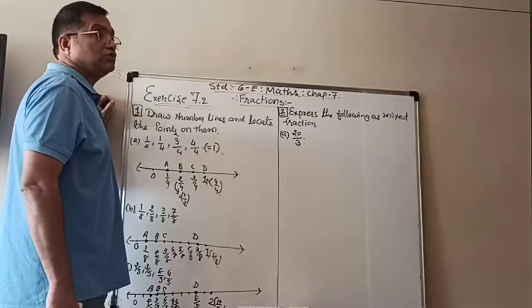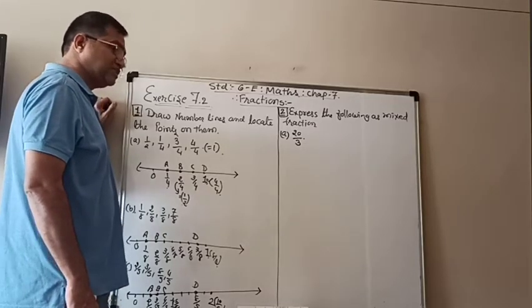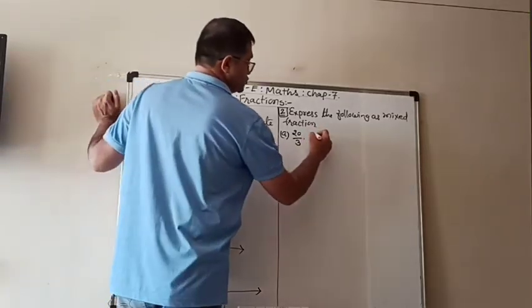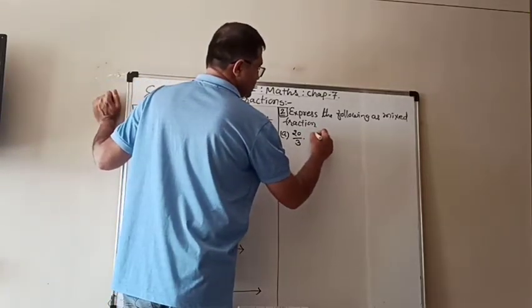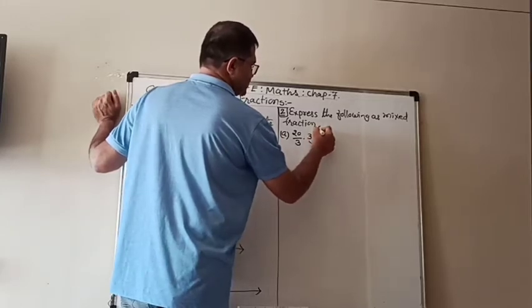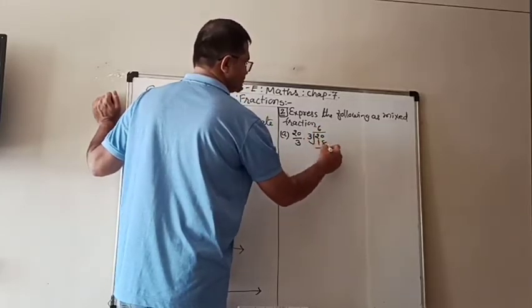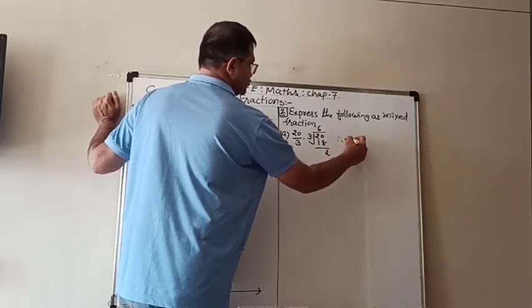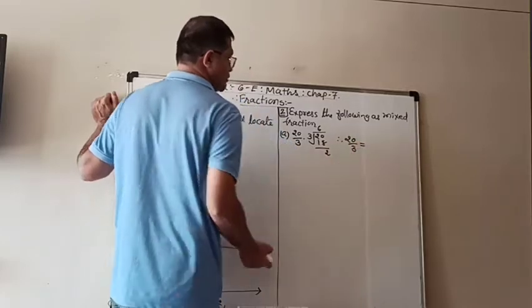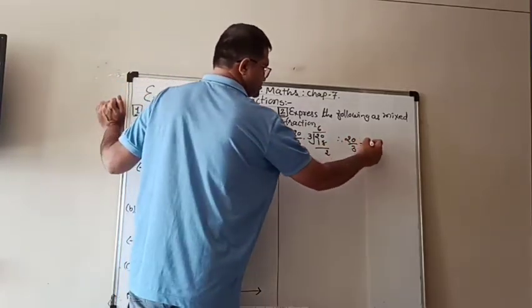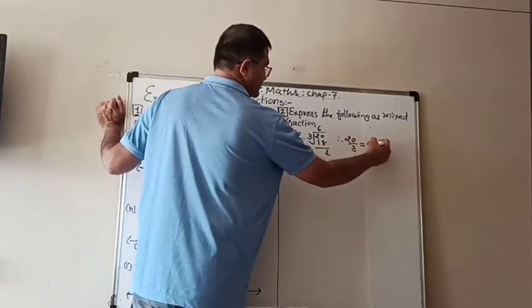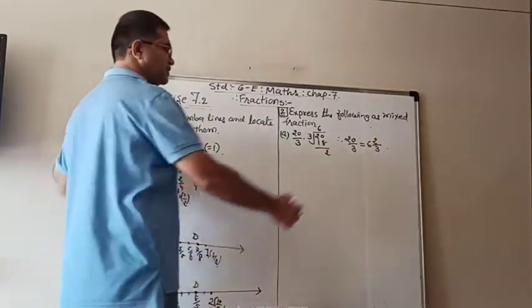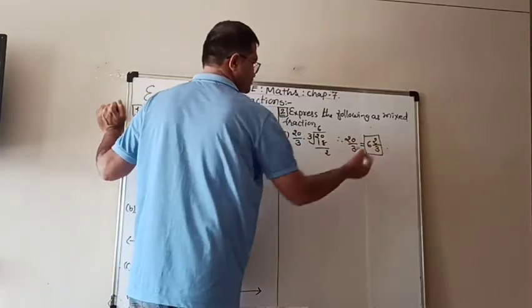What we have to do? We have to divide 20 by 3 to get the quotient and the remainder. So now 20 divided by 3. 3 6s are 18. 20 minus 18 is equal to 2. Therefore 20 upon 3, you know, first the quotient, that means 6, remainder on the top: 6 integer 2 upon 3. So that is the mixed fraction.